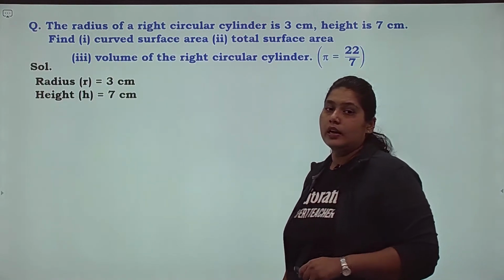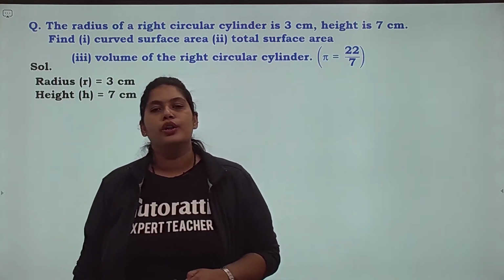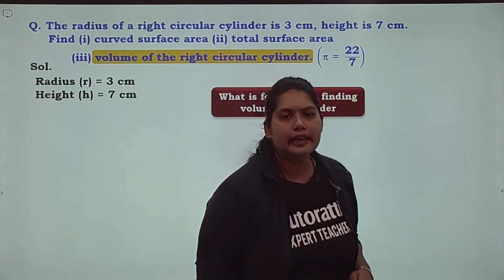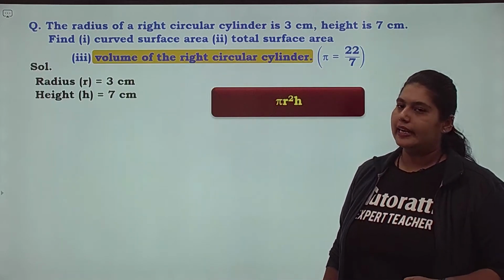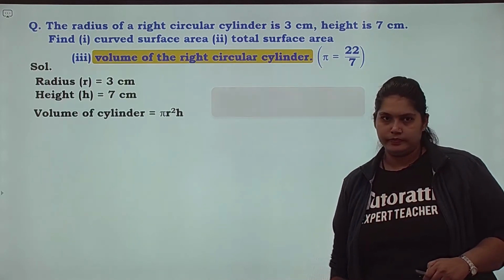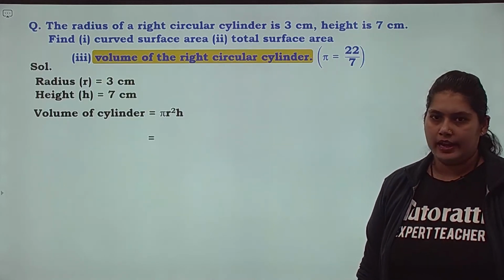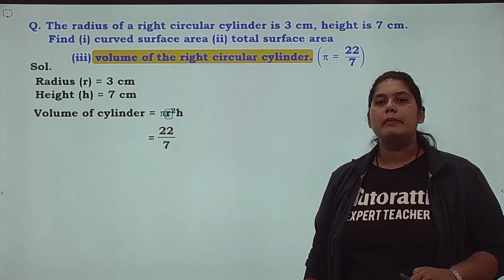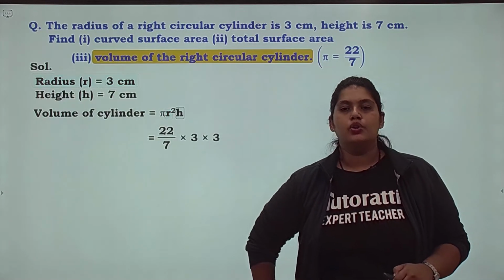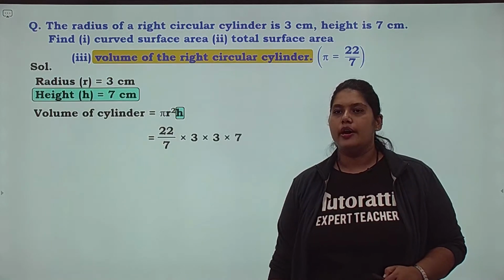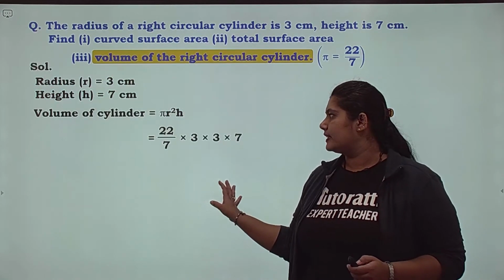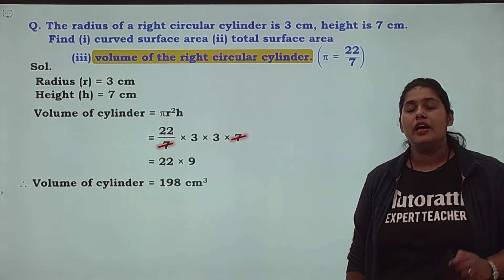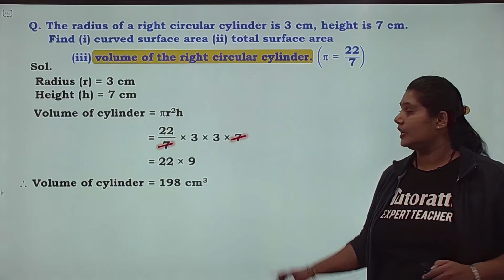क्लियर. Now let's go ahead and find out the volume of a right circular cylinder. ठीक है, तो क्या करेंगे, again it's a formula based question. Directly we will be substituting the values in the formula. Right, pi r square h. तो पाई का वैल्यू 22/7 ऑलरेडी दिया है. R का वैल्यू हमारे पास क्या है, 3 सेंटीमीटर्स. तो 3 का स्क्वायर, that is 3 into 3, और h is 7. Just simplify this mathematical statement which is very simple. Yes, and we get the answer as 198 centimeter cube.